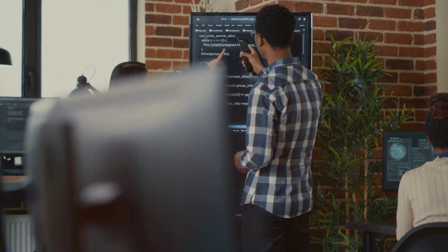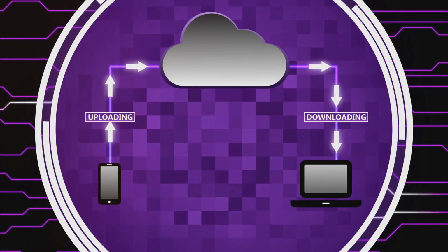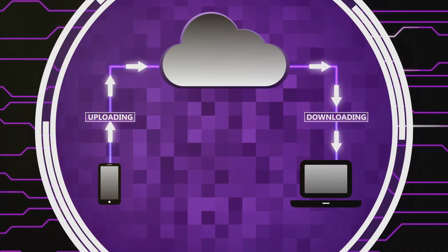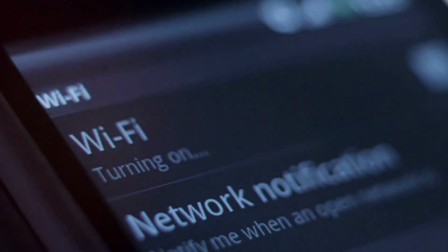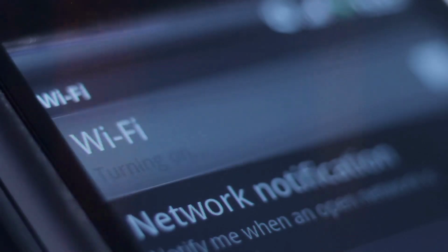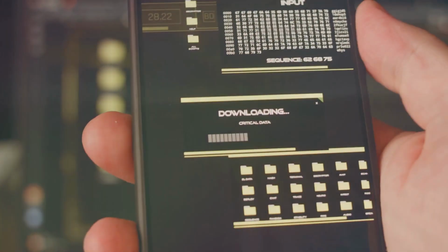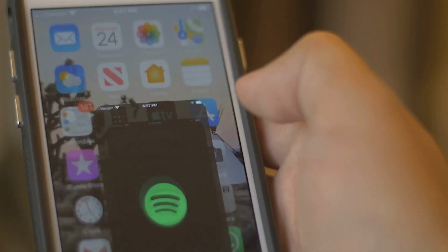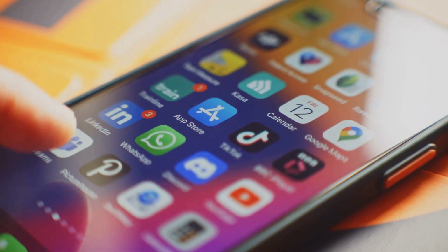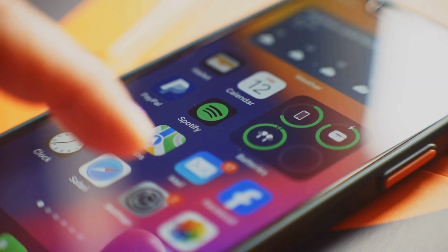One common approach is the use of background synchronization to upload or download data in the background when the app detects that a network connection is available. An example of a hybrid app is Spotify, which allows users to download songs or playlists for offline listening. When the device is online again, Spotify synchronizes any changes made to the user's playlists or tracks,